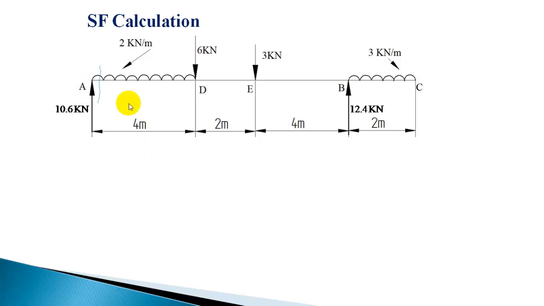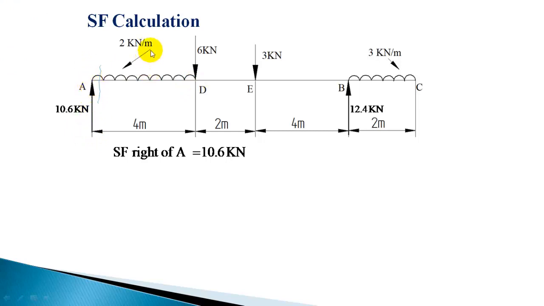Okay, so this is a section which I have taken immediately right of A. Now the shear force, this part of the load is only this reaction, so 10.6 kilonewton is the shear force. So immediately right of A, shear force right of A is 10.6 kilonewton. Now if you take a section immediately left of D, shear force is